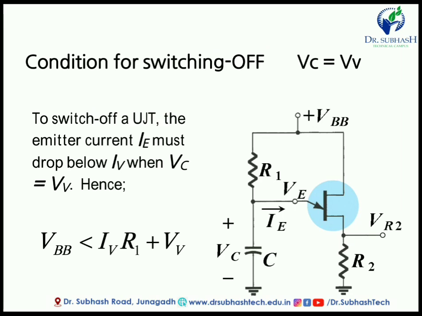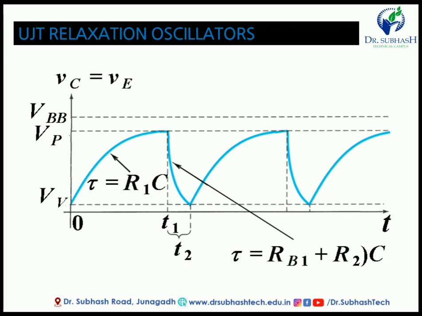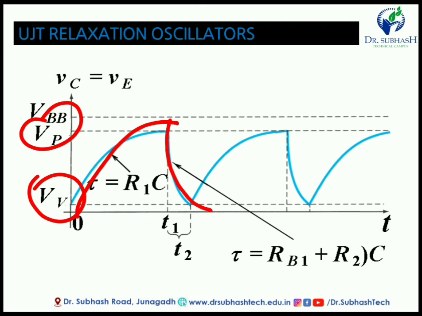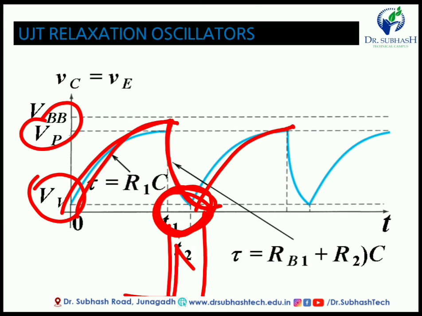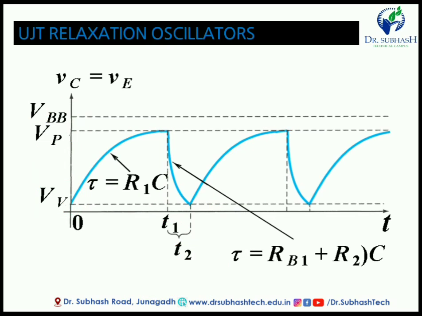Means our current is below the valley point, then the UJT becomes off. So we can say the UJT is in the off state, and according to this we can get this type of waveform. This is our peak point VP, this is our valley point, and this is the revised portion of this video. This is the charging time, this is the discharging time, this is also charging, and according to this charging and discharging, this part is most important, because in this part we get some spikes, and these spikes are required for the triggering of the SCR, triac or GTO. These are all power electronic devices, and for triggering purposes the relaxation oscillator is most important.